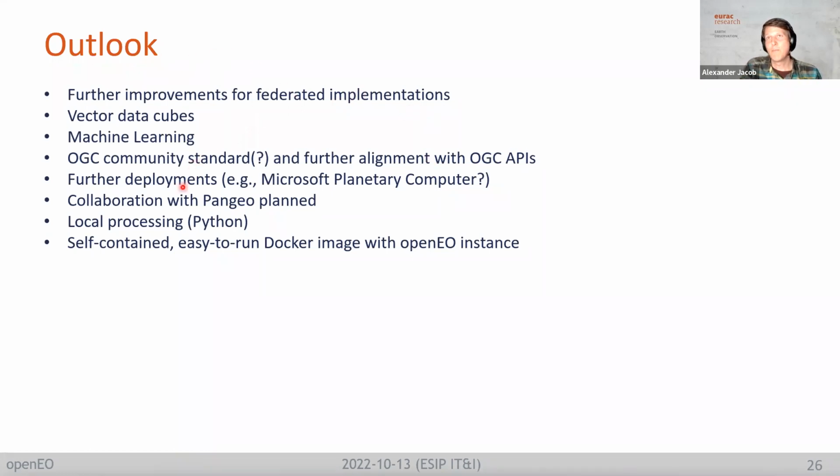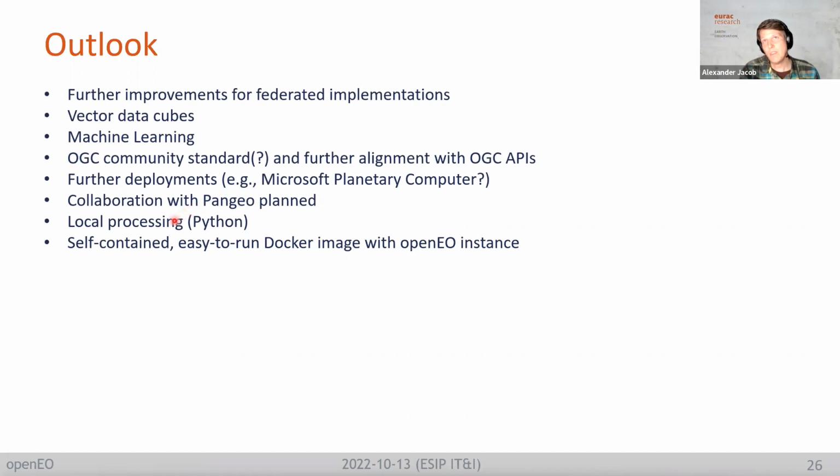Now there are further deployments planned. Right now we are in discussion also with Microsoft and the Planetary Computer as one of the possible ones. We're looking into deeper collaboration with Pangeo also, as some of the backend software stack is actually basically like a Pangeo software stack. So we are really looking forward to integrating with them. On that note, next week we will give another webinar, I think next week's Thursday, right, Matthias? No, Wednesday. With the Pangeo community meeting to talk a little bit more on how to link and